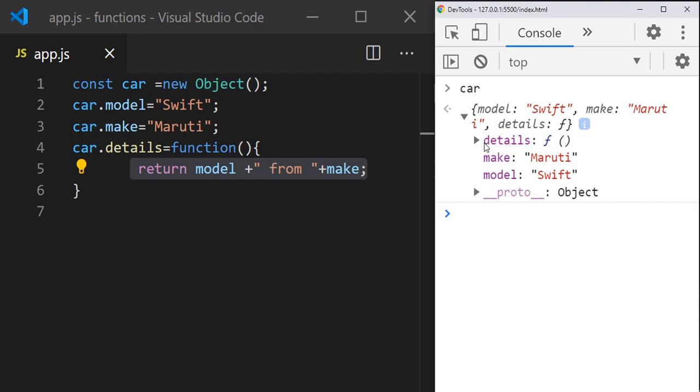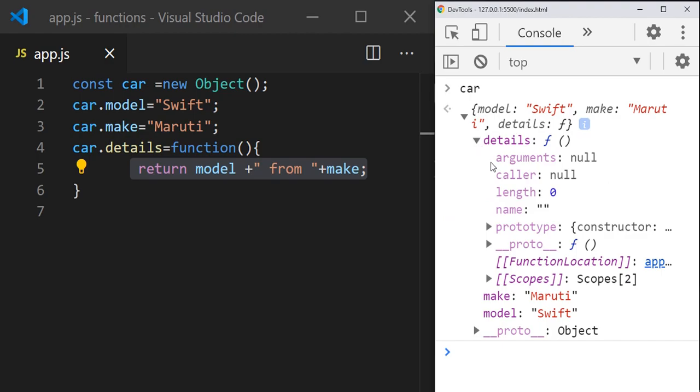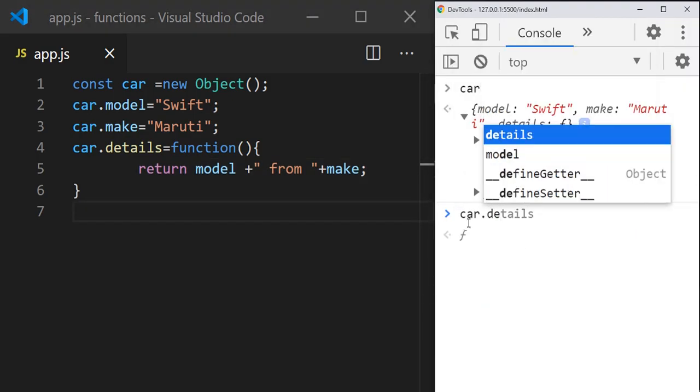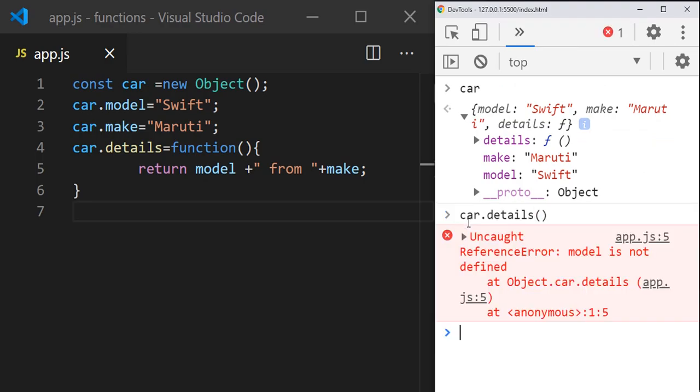So we can see the method called details, and when you open it, again you can see the arguments null, and we are not passing any arguments, length 0, name is empty, and it has prototype, scope, everything. Now I call the car.details function and let's see what it will return.